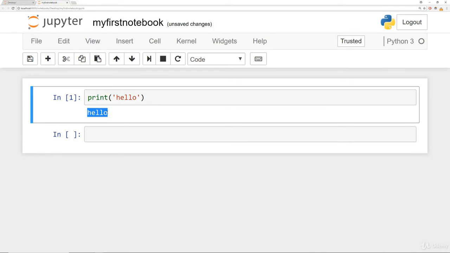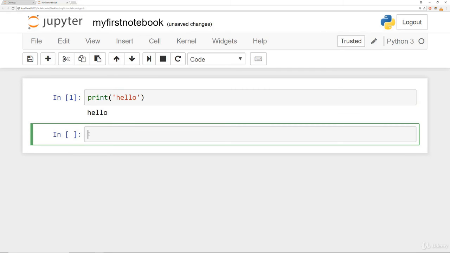output directly below. This is a great system for people who are just starting to learn about Python because they can quickly iterate and fix mistakes because they have their code and they can see the output directly. They don't have to be constantly going to the command line and running their scripts. Again, it's definitely a personal preference, but this is a nice feature of the notebook for people that are learning Python. And you'll notice that we automatically create another cell below, which you can type more Python code in. For example, print new,